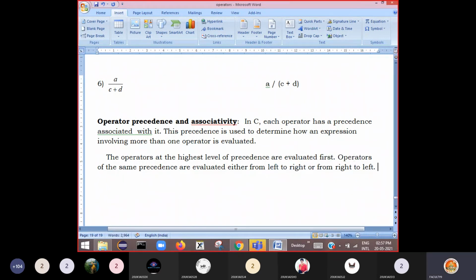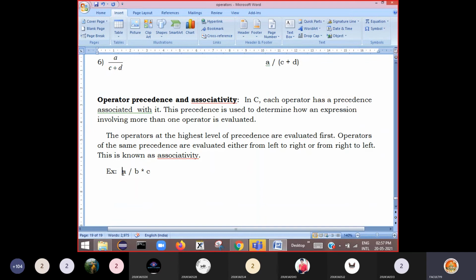This is known as associativity. Just see here, A by B into C is there. When you traverse this expression from left to right, whichever comes first, you calculate first. That is called associativity.